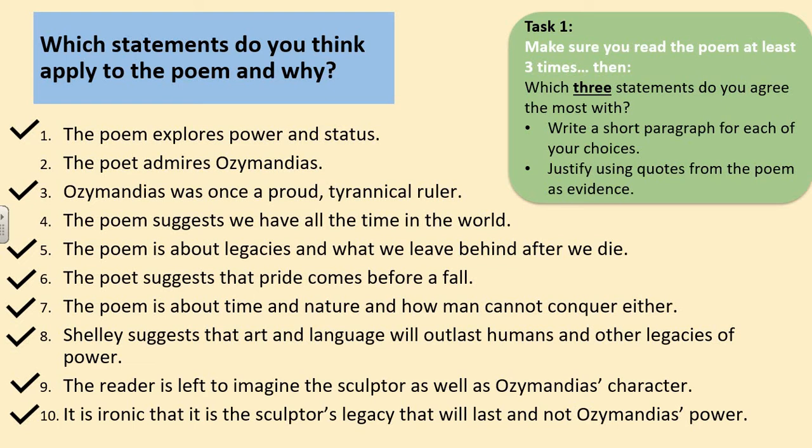What we need to think about as well is what status these two men would have had in the Egyptian world at the time. So Ozymandias, or Ramesses II, he was a ruler. He would have lived in palaces with slaves, not even just servants, slaves that didn't get paid. He would have literally ruled with an iron fist. Egyptian society was very cutthroat in a lot of ways. If you were the king, you called the shots, you really could do what you wanted. You weren't really answerable to anybody.